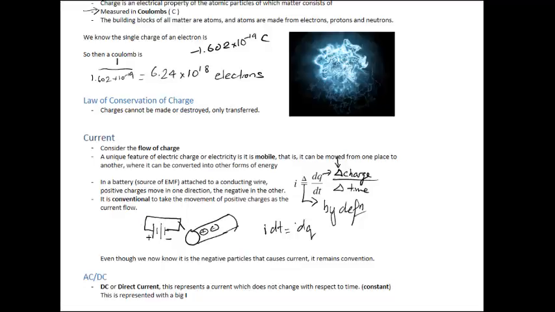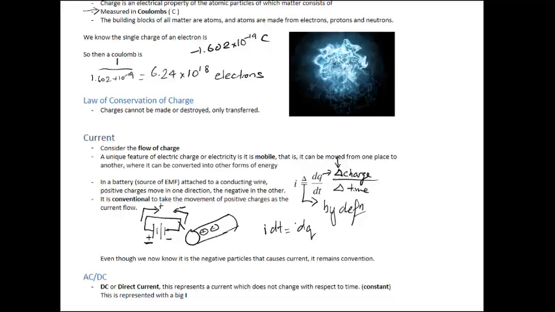So the positive charges will be attracted to the negative end, so the positive charges will go to the negative end, and negative charges will go to the positive end. And what happens here is that there'll be a current, and it is conventional to take the movement of positive